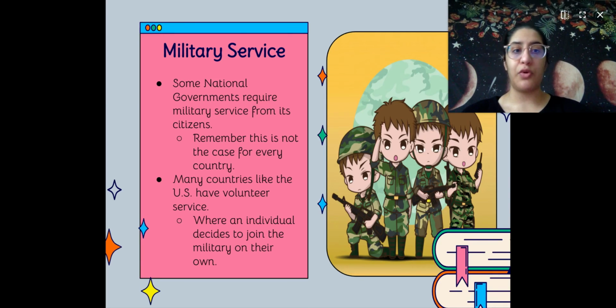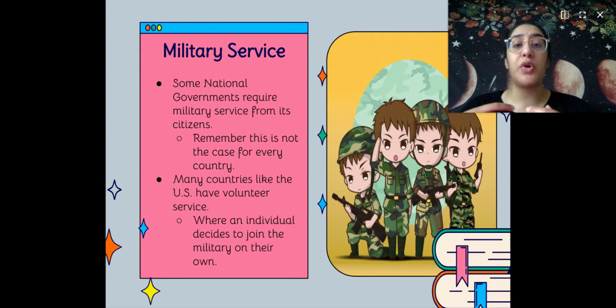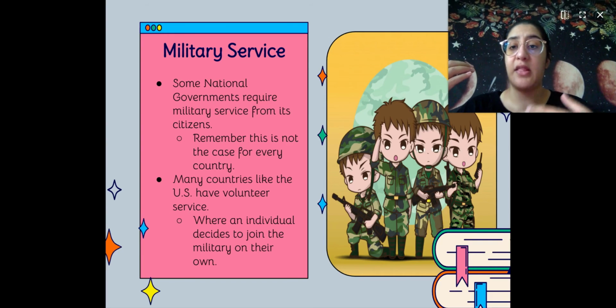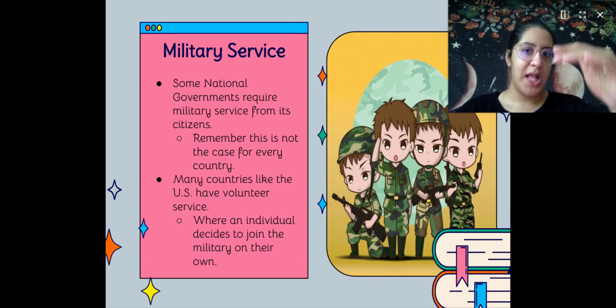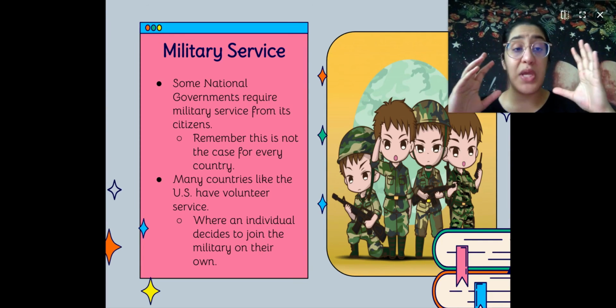In the United States, we don't require that every citizen is signed up for the military, although we do have a system where boys at the age of 18 are required to sign a conscription form, which basically means that in an extreme emergency, where we would require almost everyone to be in a military state, for example, like it was during World War II, where they would need more military personnel, they would have that list of people and they can call them and say, okay, you need to come in and do this. But that's in extreme cases.